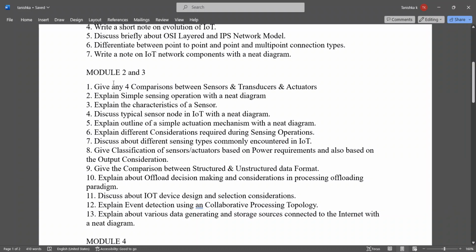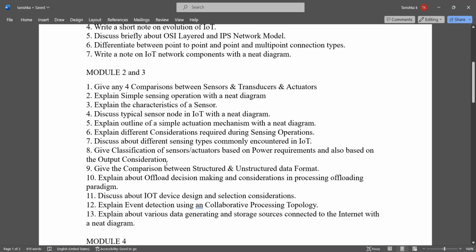So the important questions are, like: give any four comparisons between sensors and transducers and actuators, explain simple sensing operation with a neat diagram, explain the characteristics of a sensor, discuss typical sensor node in an IoT with a neat diagram, then explain outline of a simple actuation mechanism with neat diagram, explain different considerations required during sensing operations, discuss about different sensing types commonly encountered in IoT,